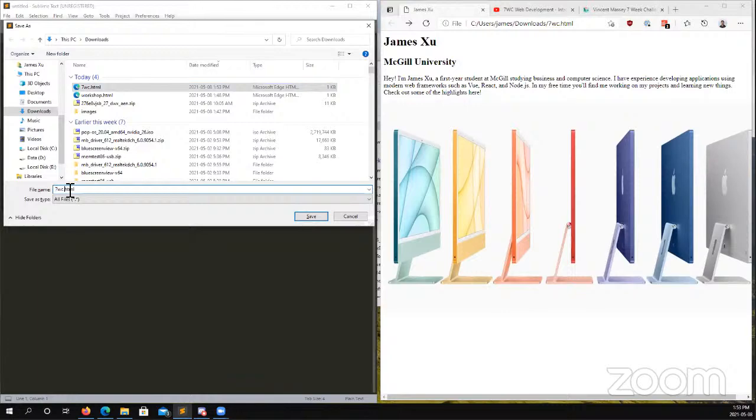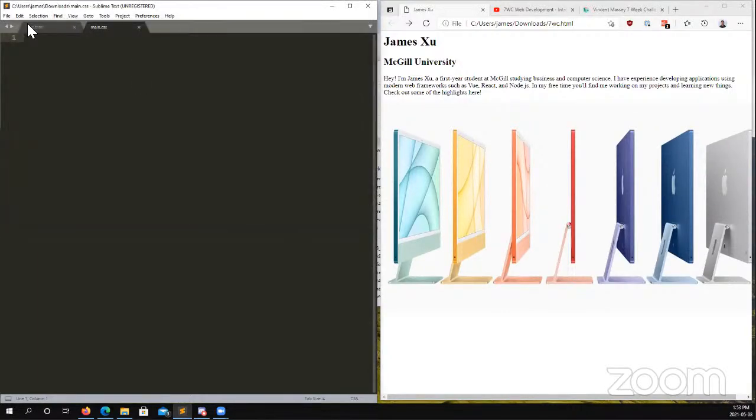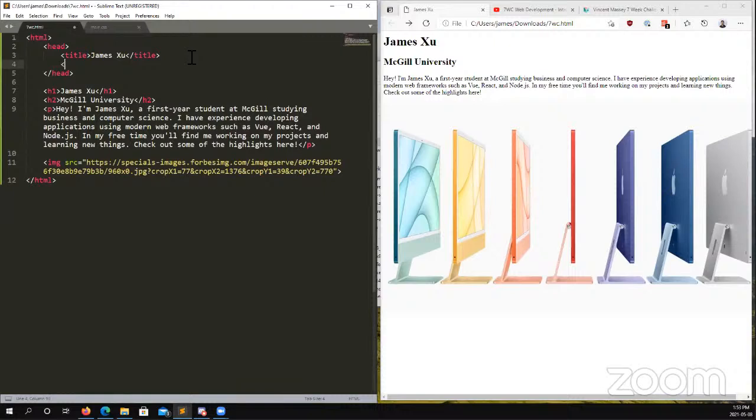We don't want to call it that. Never mind. We're going to call it main.css. Cool. And then over here, we want to link to it, which we do with the link tag. And here we use the rel thing and